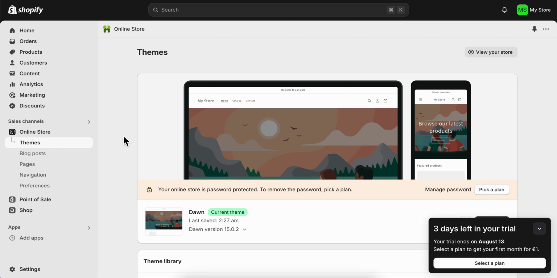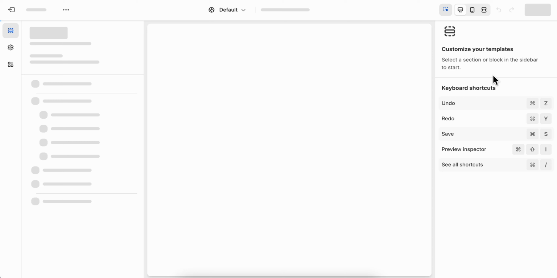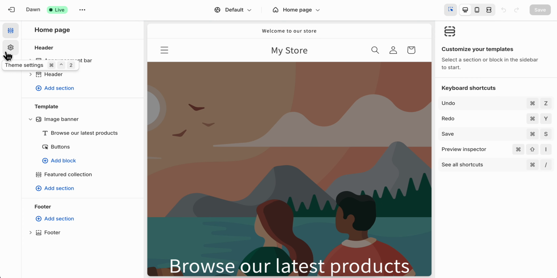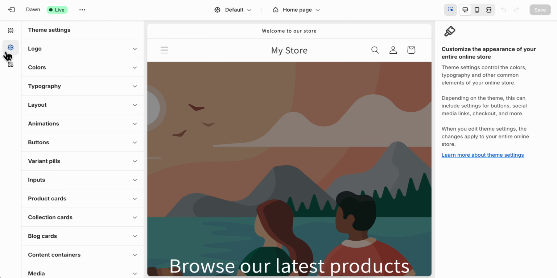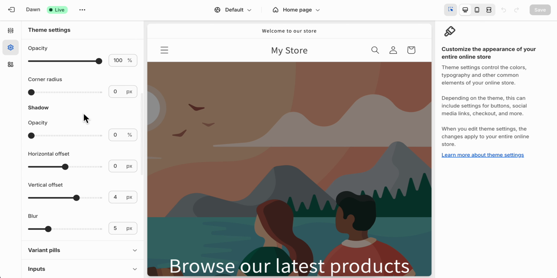How to change button color in Shopify store. So the first step is to go to themes, then simply click on customize, and then you're gonna have to go to theme settings, then simply go to buttons, and as you can see here you have different settings,